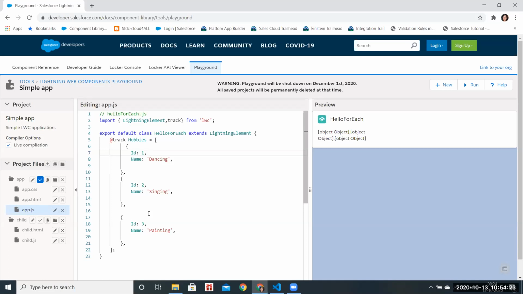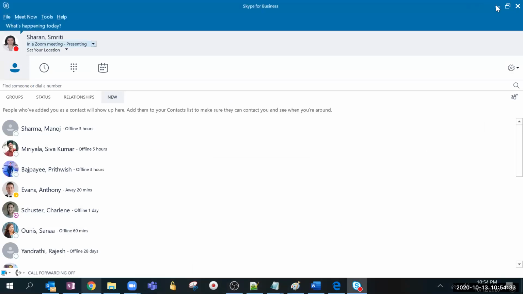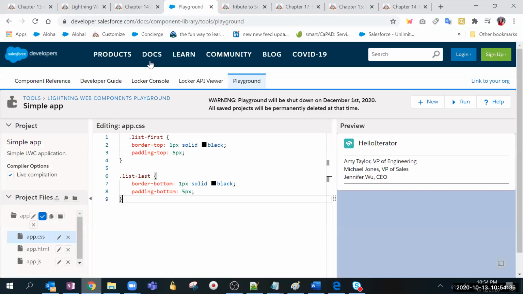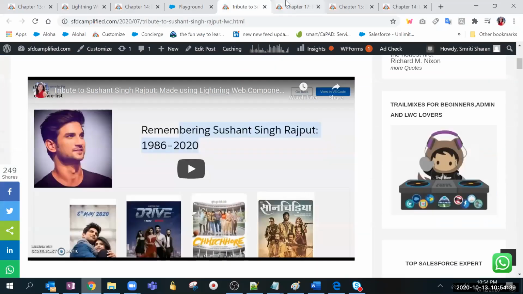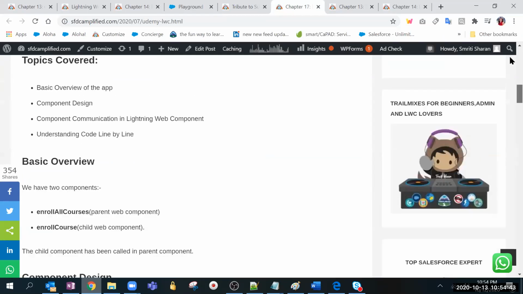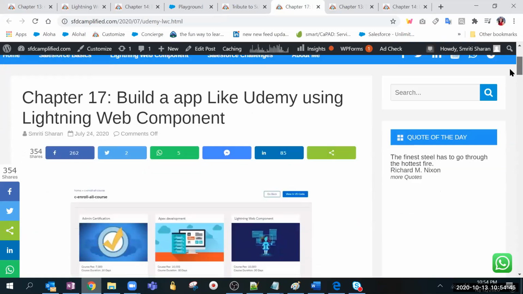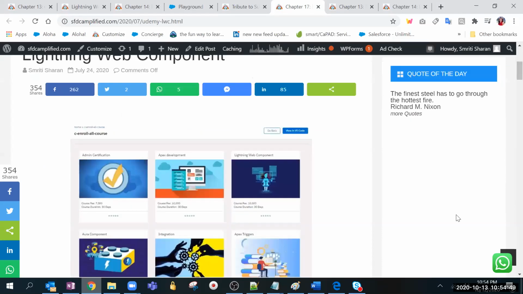Smriti, on the web page you have mentioned that key is the important factor. When you declare a list, the ID is very important. For every list, we need to mention an ID in JSON format. Good question. I will come to your question. First, the importance of